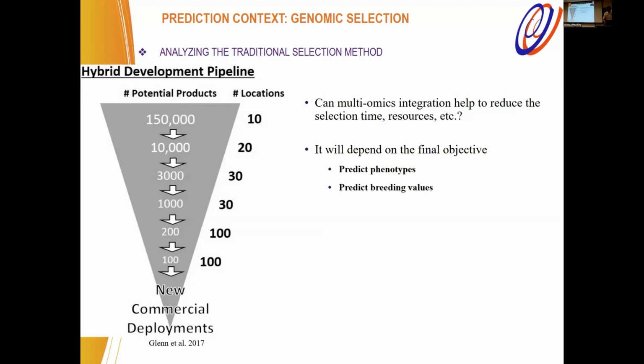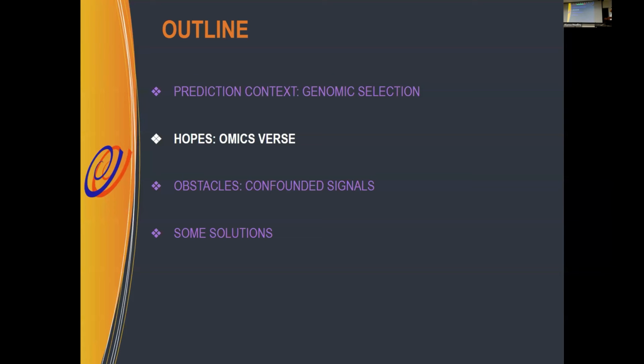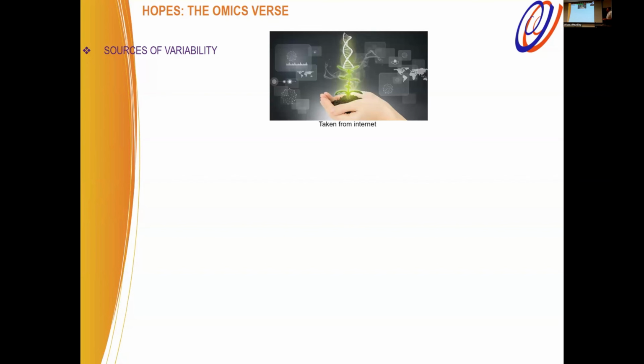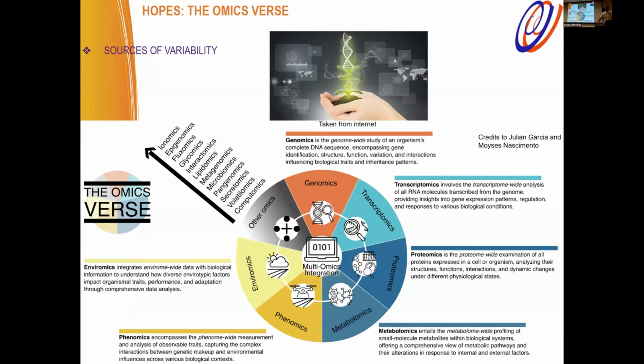So let's see a little bit more about this. It is when we start thinking about what we call the omics bets, and it sounds like a superhero movie, right? And this is where we have some of the hubs. So what would be the different layers of information that can help with this? We know, right, that plant performance is affected by many, many different factors. One of the most important is genetics, but it's not the only one. And the idea is to integrate as much information as we can collect around the breeding process.